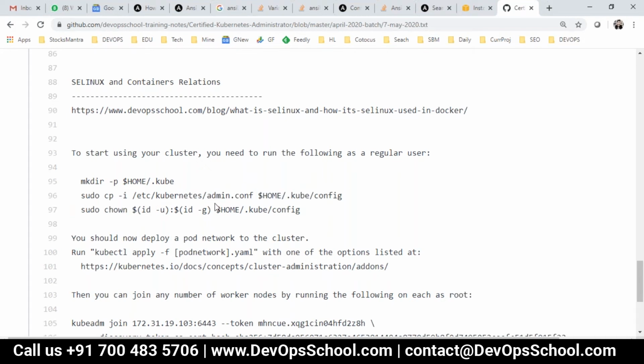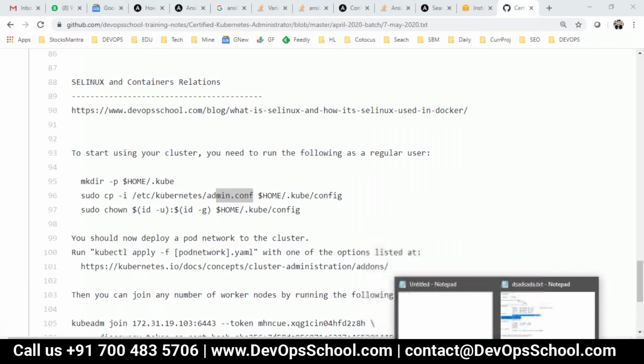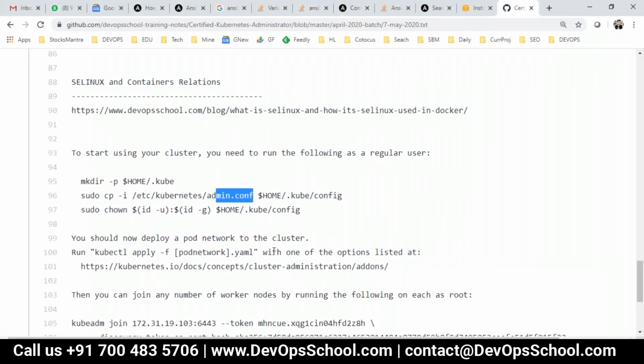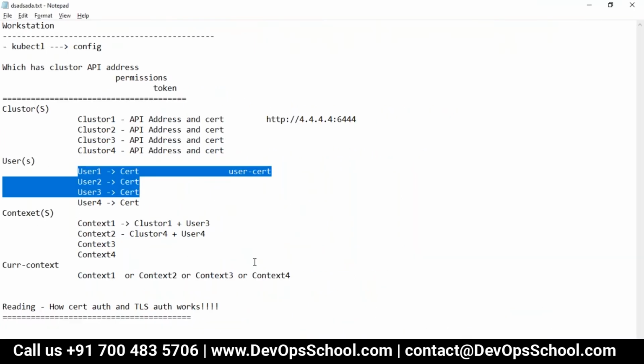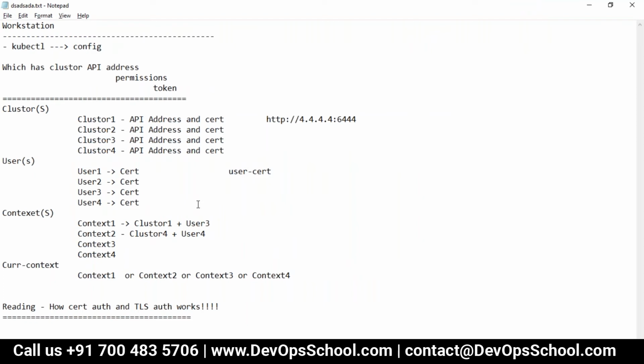It's like this: you set up a Jira, you have a default user ID and password which is super admin, or you set up a SonarQube, you have a default ID which is super admin. You set up a Jenkins, you have a default user ID and password, a super admin. So here this is the super admin permission file. If I am using Sonar, Jenkins, or any DevOps tools, I have to do the configuration in that machine, and that is done by kubeadm init for you. So they created one user and certificate.